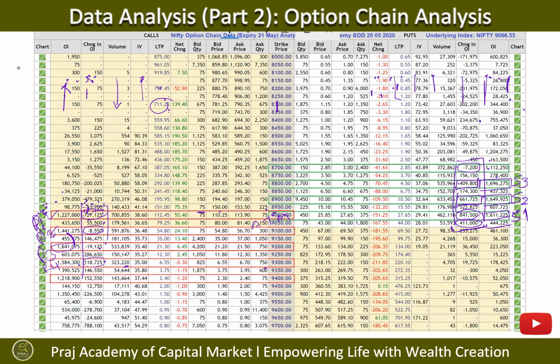That means the bears, who are the bears? The ones selling the calls. Who are the bulls here? The people who are selling the puts. Now we see the option chain data from the perspective of call or put sellers. Why call or put sellers? Because a seller or a writer of the contract in options has to pay heavy margin.